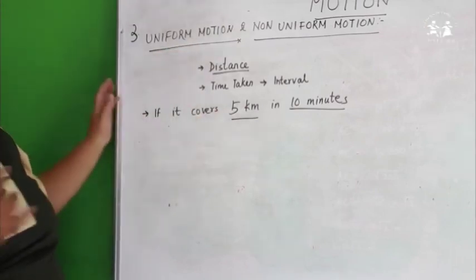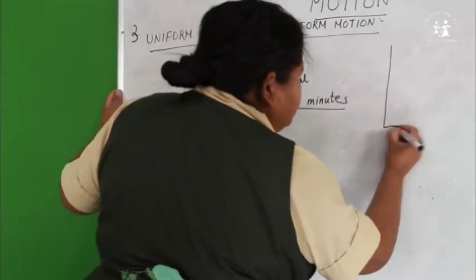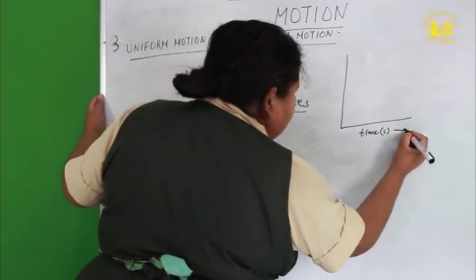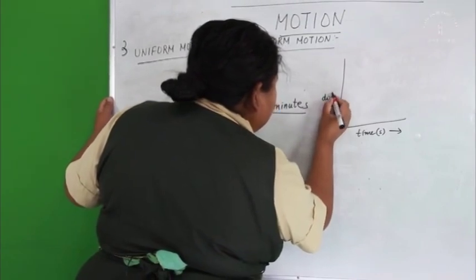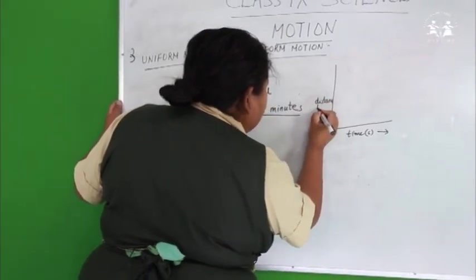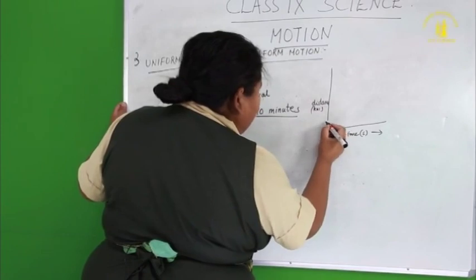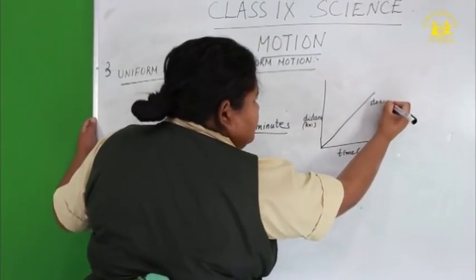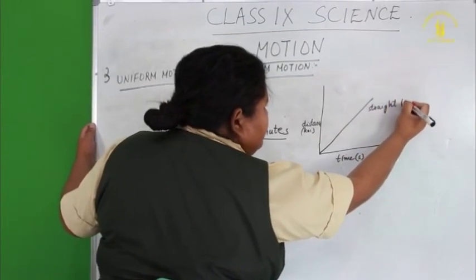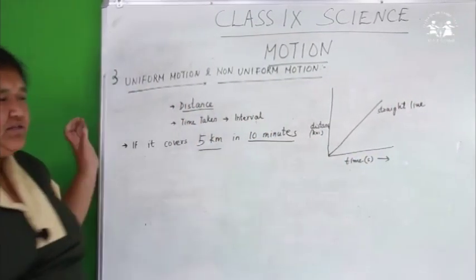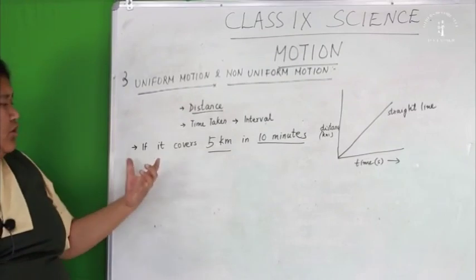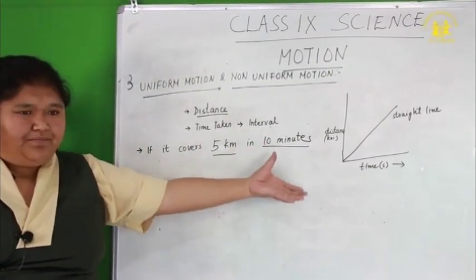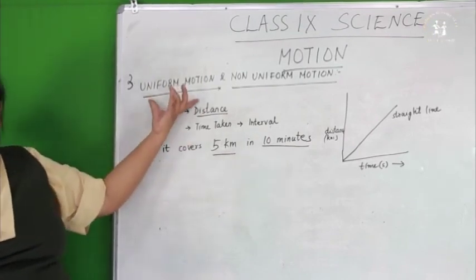If we plot a distance time graph, uniform motion is represented by a straight line while plotting the distance time graph. So if it covers equal distance in equal interval of time, then the object is said to be in uniform